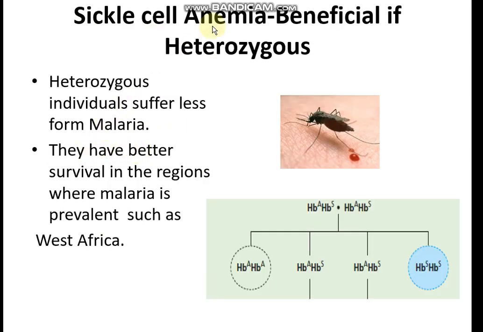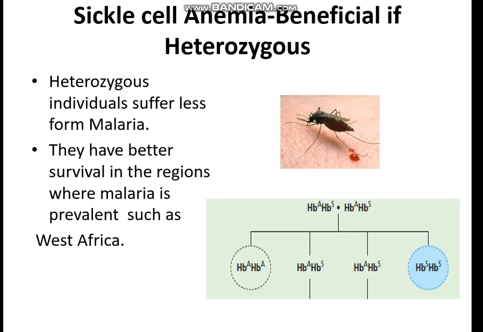but it is beneficial if the person is in the heterozygous condition, like if the person has one normal allele. This one is the normal allele, so this person is normal, having the normal hemoglobin allele. This person is diseased, having both sickle cell alleles. In this person, it is very difficult to survive. But if the person is in the heterozygous condition, one allele normal and one sickle cell, the person has normal red blood cells and sickle cell red blood cells.